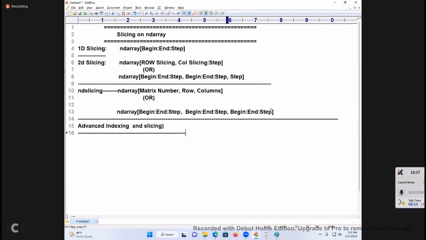There I will go for 1D. Here also 1D advanced, 2D advanced, ND advanced. Am I clear about the first one? Now I am going for advanced indexing and slicing: 1D, 2D, and ND. Now I am going to take up the process.